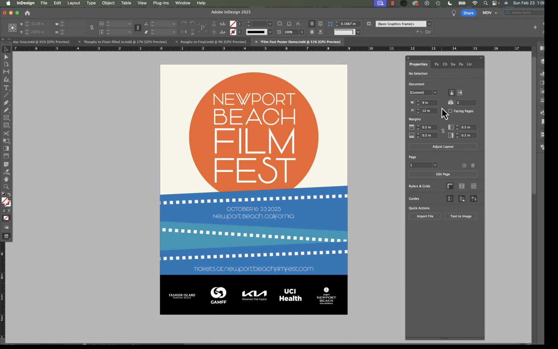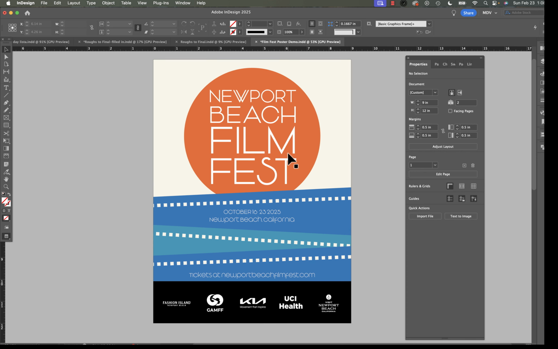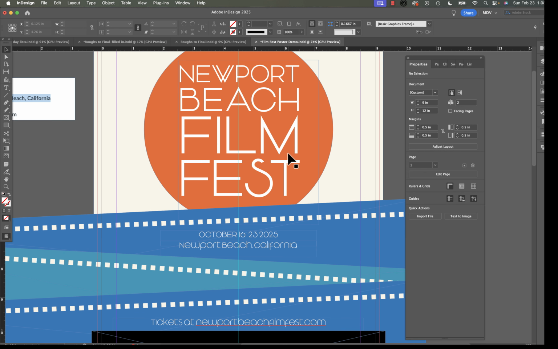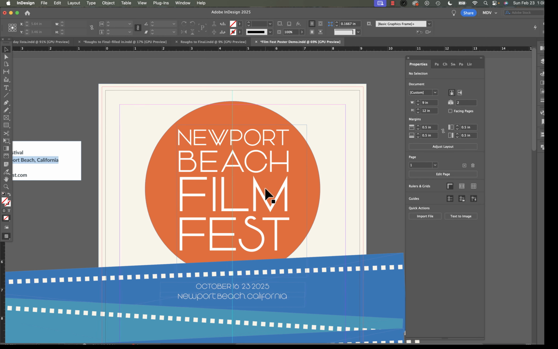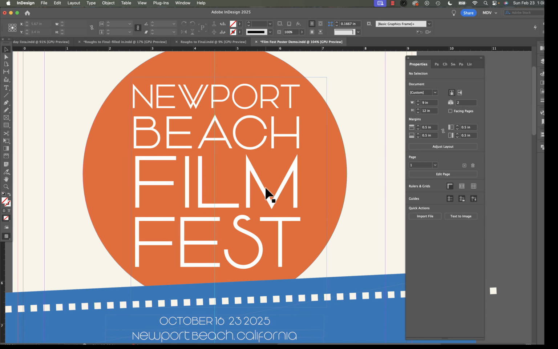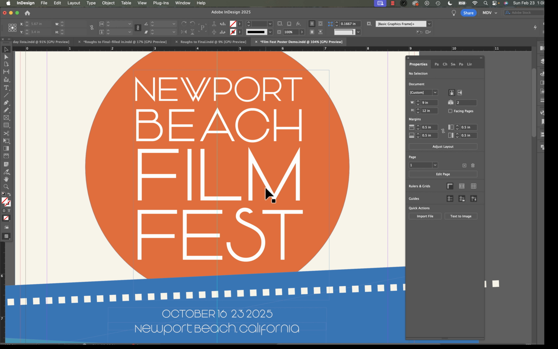There's just a couple other things that we want to tighten up before we're done here. So let's start with the type. We've got the type kind of in the place that we want it. We've moved all the graphics around and such. But if you've stacked your type like this, there's still a little close-up work that you're going to need to